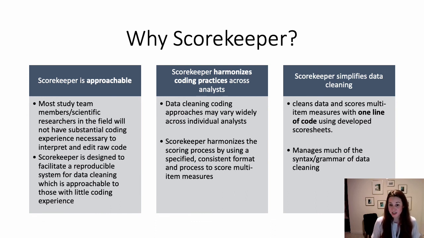So if you want to add a variable or change the way that you are coding a specific thing, you can go back into your score sheet, update that, and then just run one line of code to re-update all of your data with that new variable or that new derivation. It does this by managing a lot of the syntax and grammar of data cleaning within the package, so that you can just focus on a more narrow set of things to do. All right,